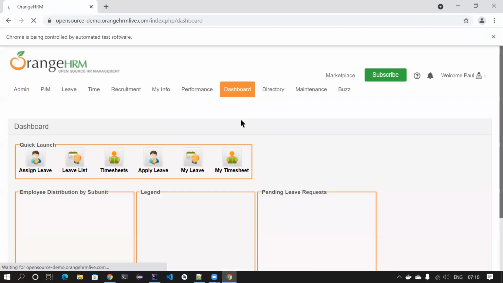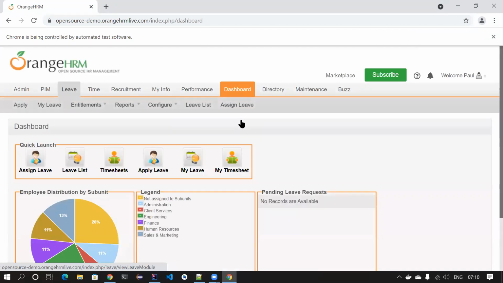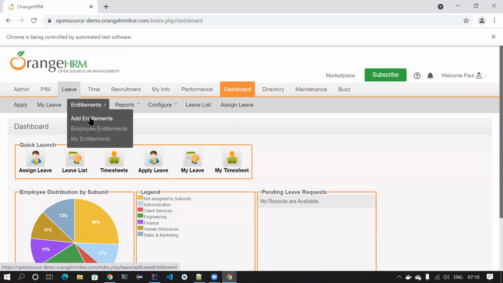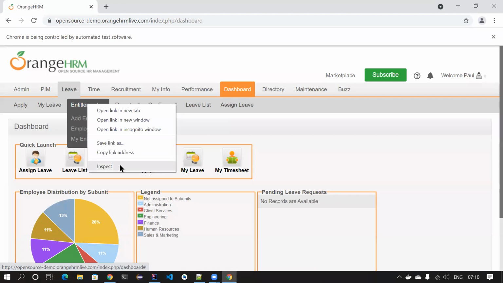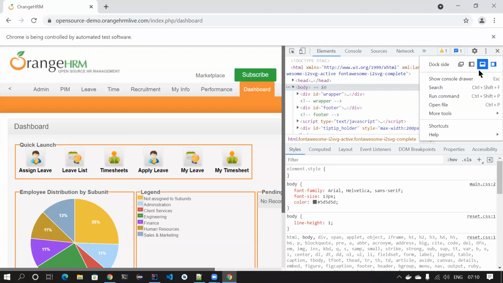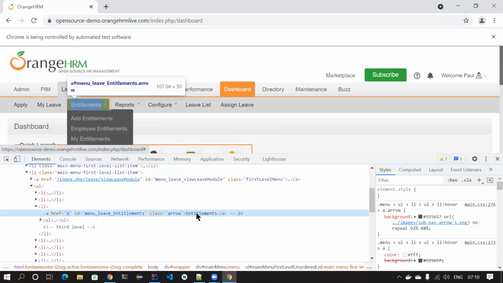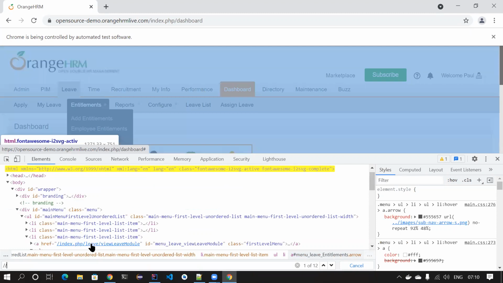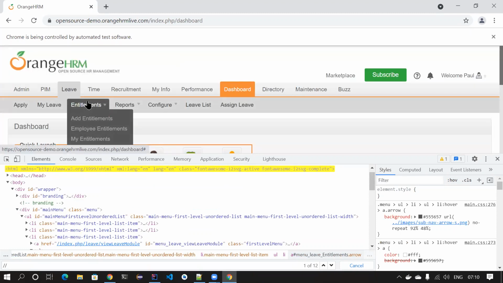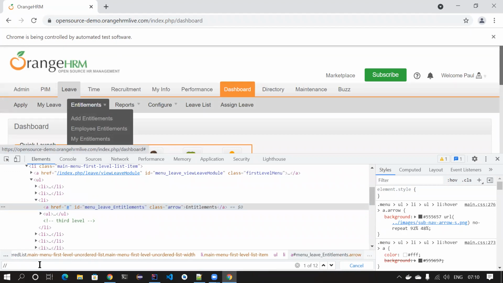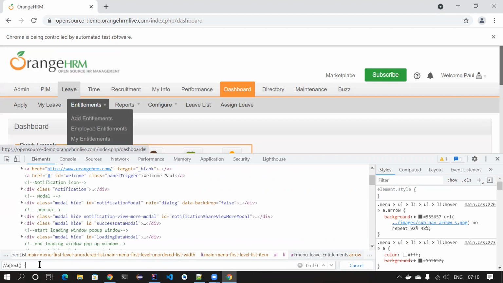So it's now logged in, and now it should hover over leave, right? So it's actually hovering over the leave. Now we also need to hover over entitlements, and then we need to click on add entitlements. So let's find the web elements again. Most probably they will have the same XPaths. So for example, I can use the text, or you can use ID, whatever you want. So maybe I'll use XPath again. I'm using XPath so that you get more used to XPath, because in real time there will be a lot of XPaths and the ID will not be present. So an a tag with text equal to,